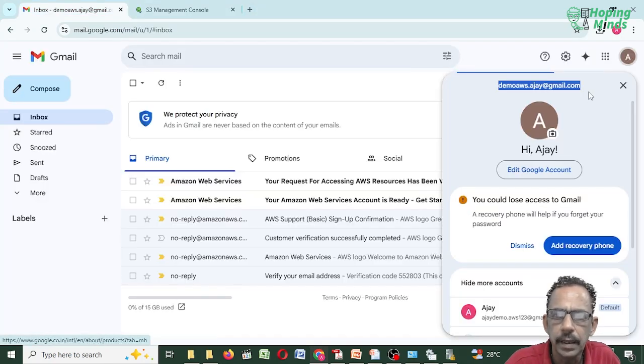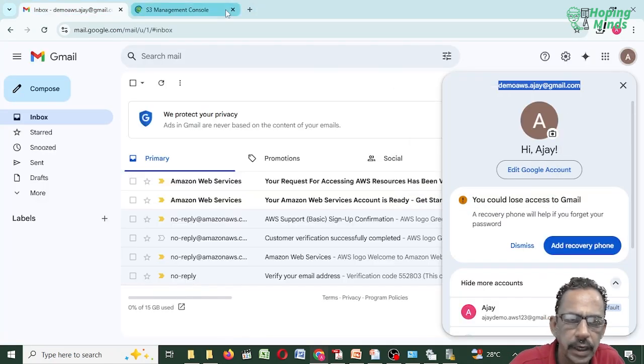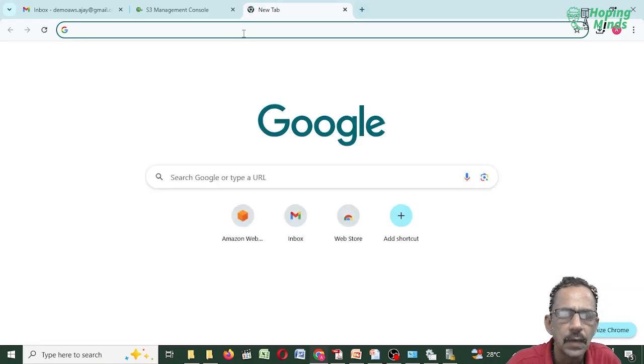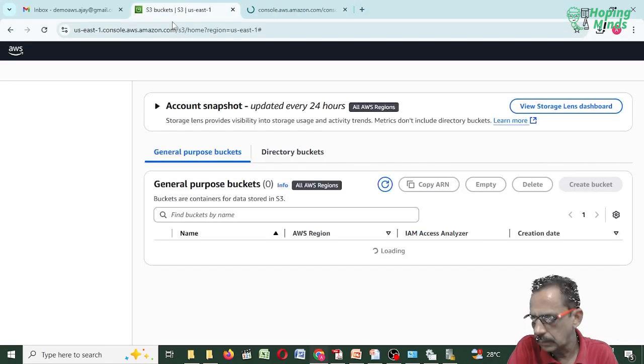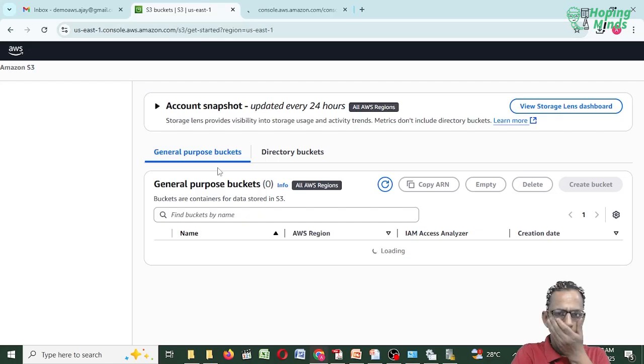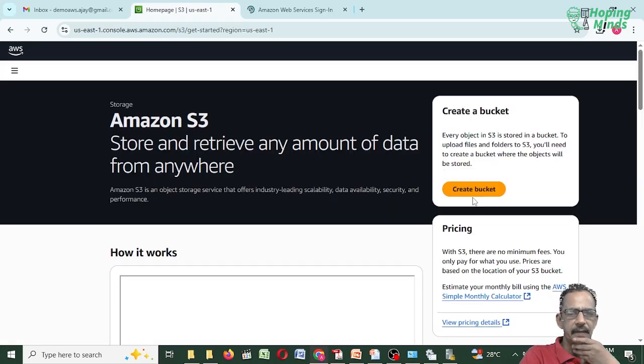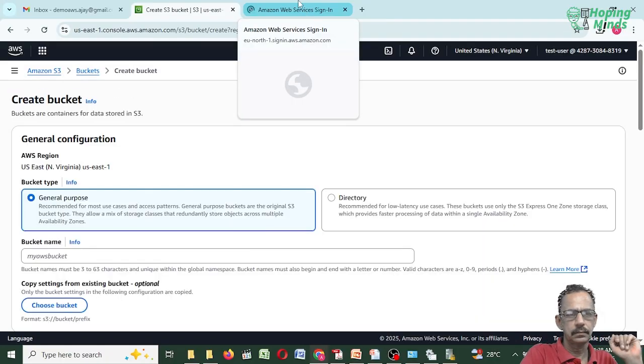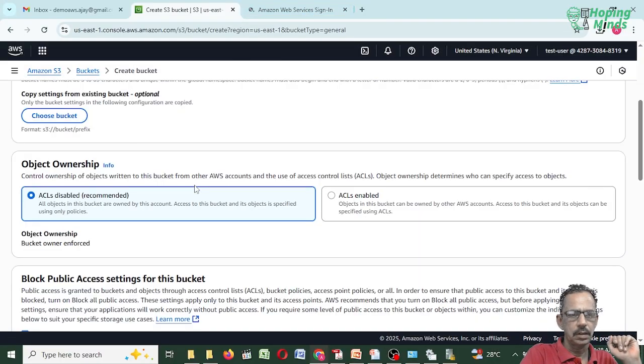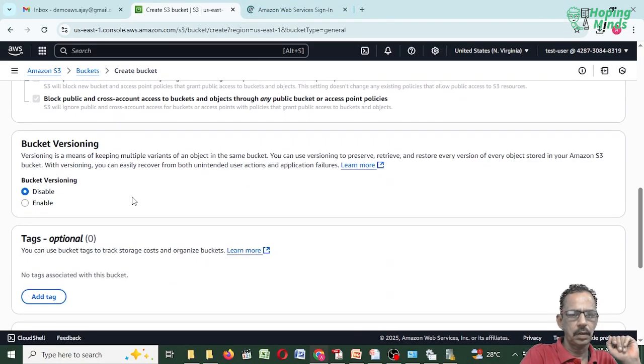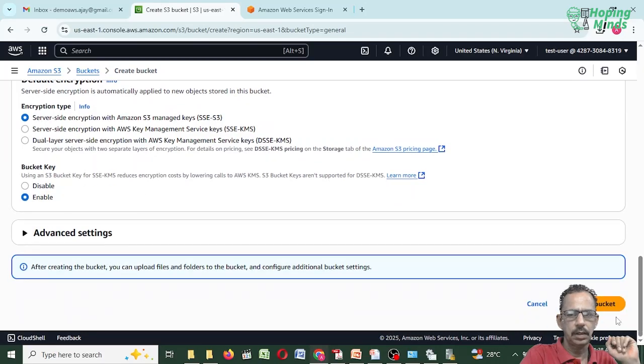So if by this account or login, and give him a permission, create bucket, general purpose, okay, leave everything default, default, default, and create bucket.